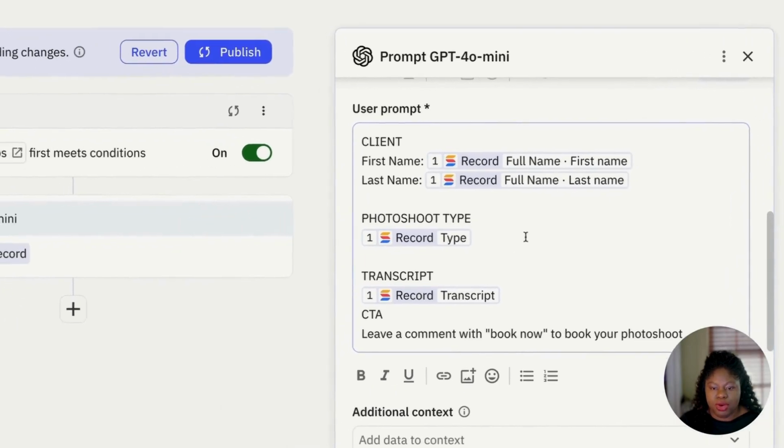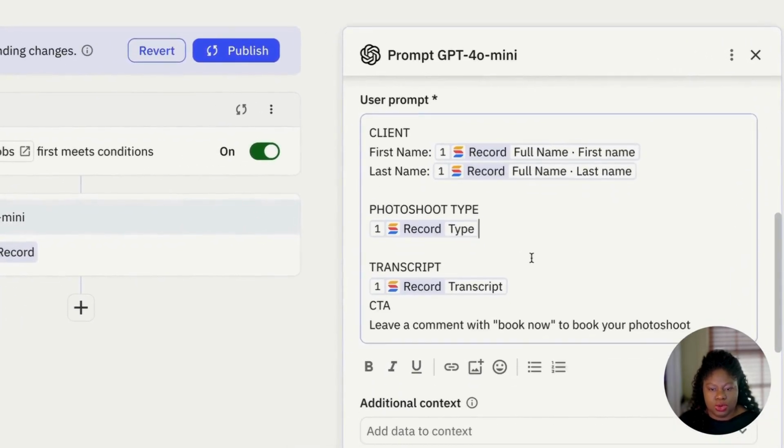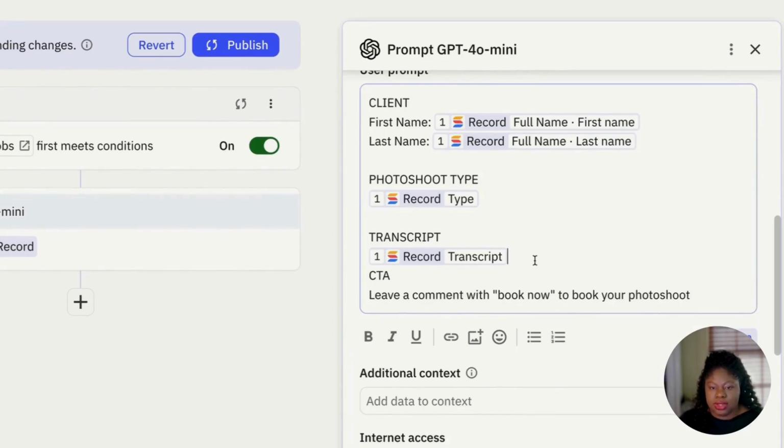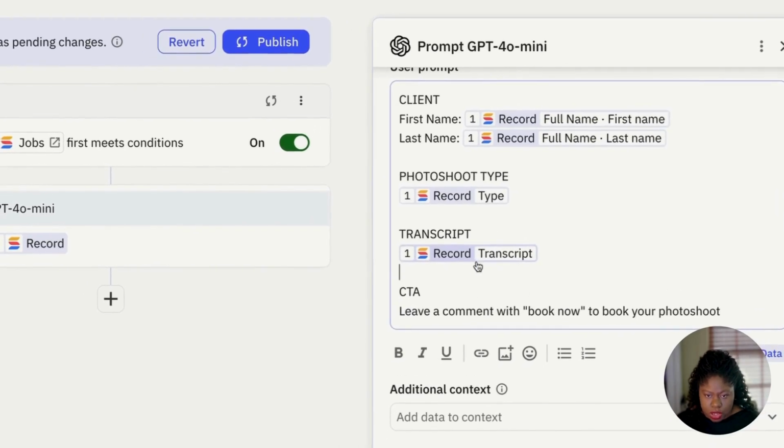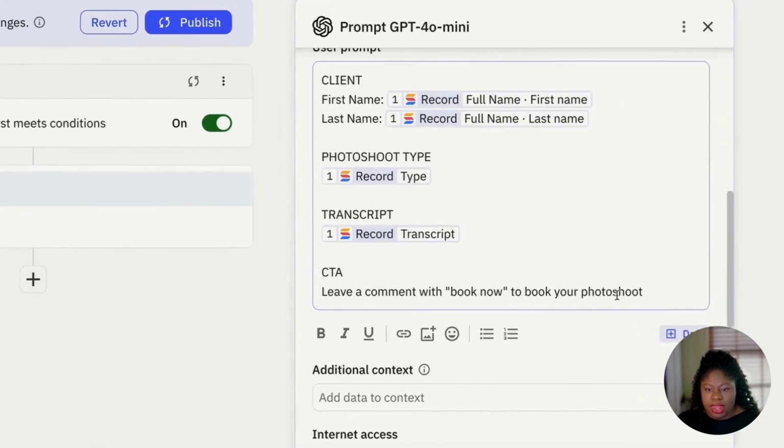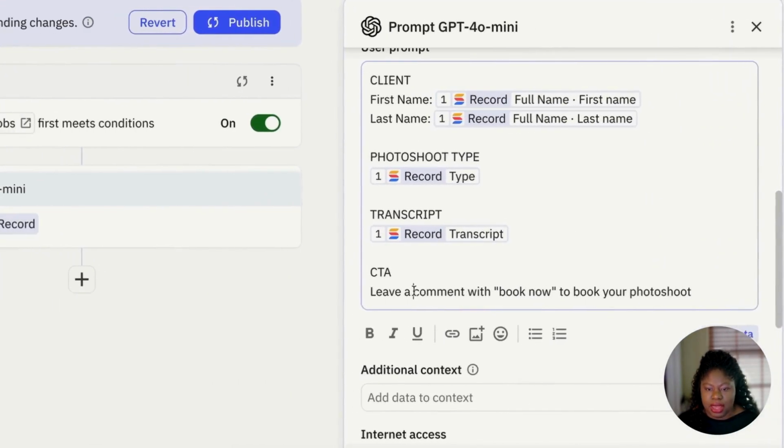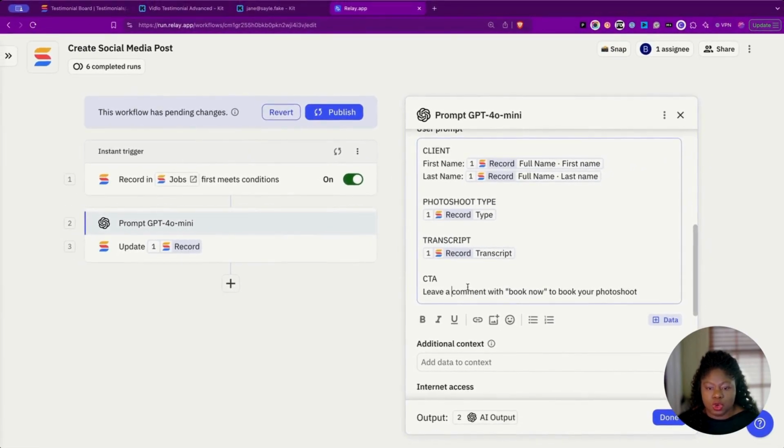And then we have a photo shoot type because I want it to know what type of shoot it is to give it context. And then we're going to drop in the actual transcript from SmartSuite. And then we're going to tell it to add a CTA to the social media post, which is called a